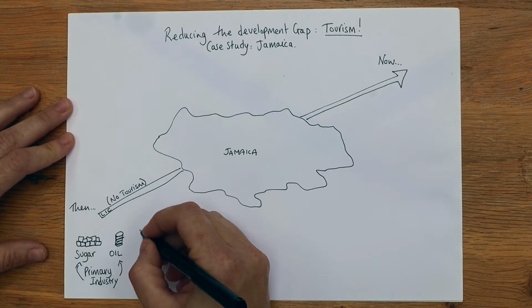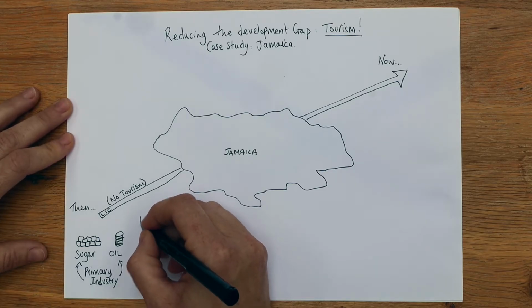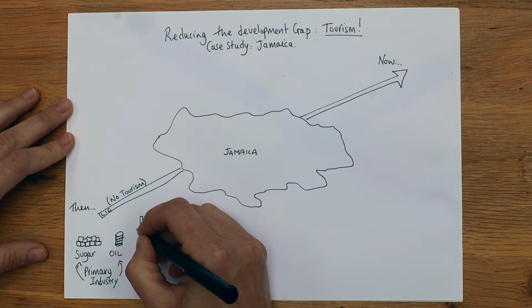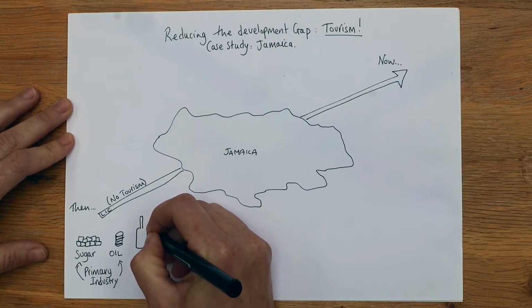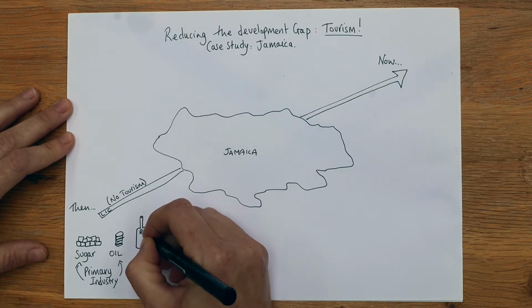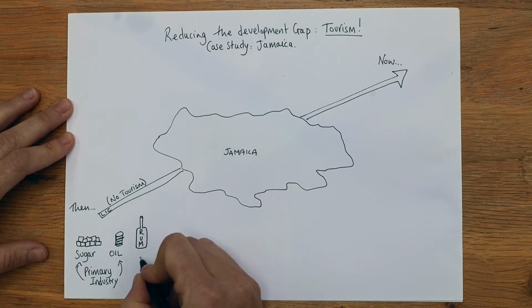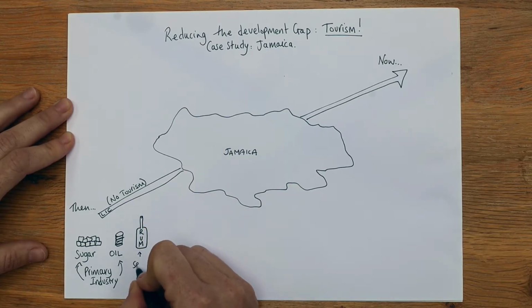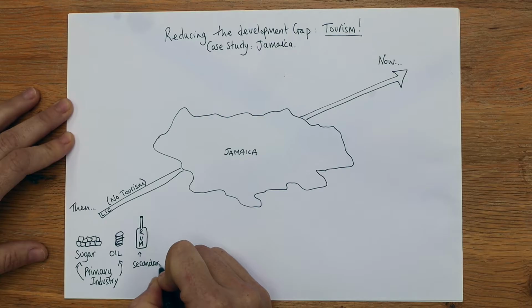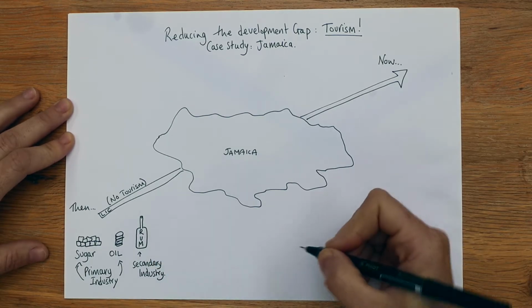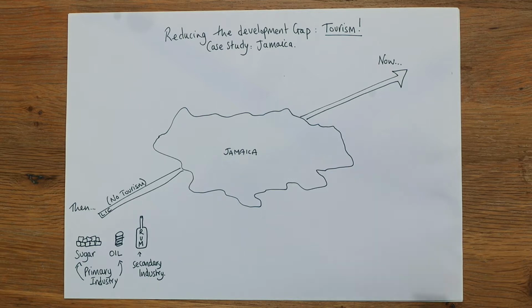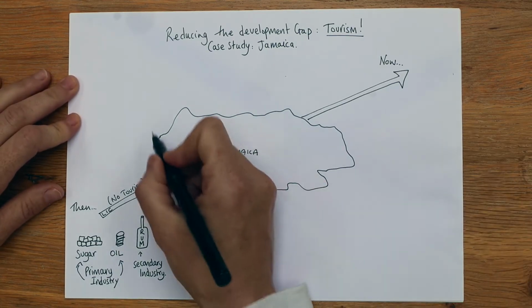But they had one more area that they could use to make money. And I'm just going to draw a bottle of rum. Now that was a secondary industry. So more money made selling rum. However, even with the sugar, the oil and the rum production, it was still a low income country. But luckily,